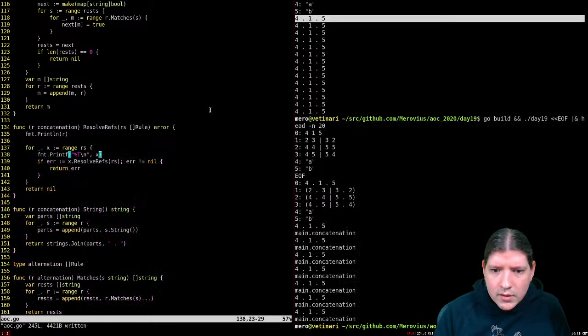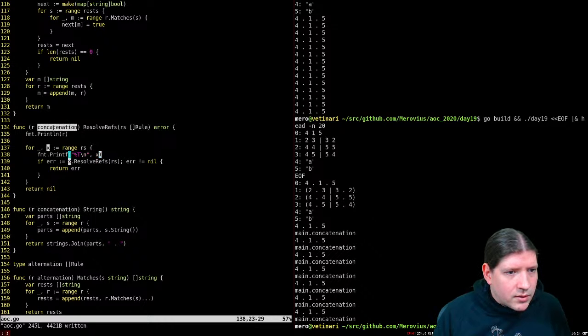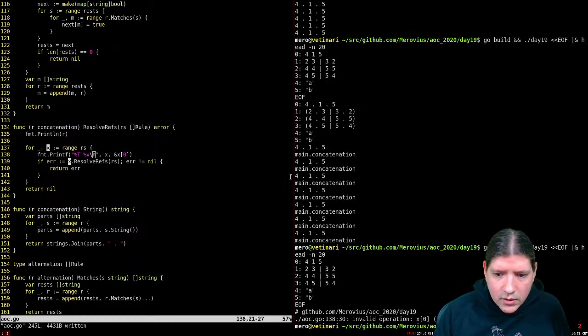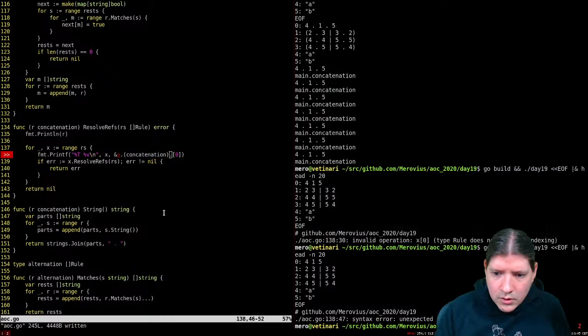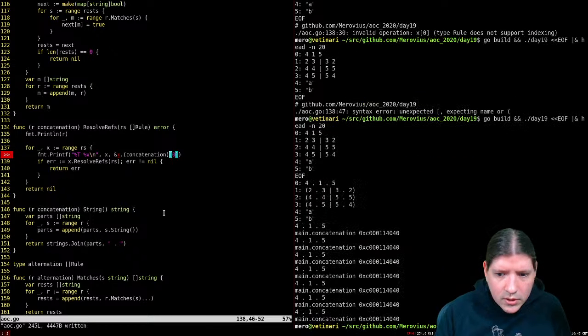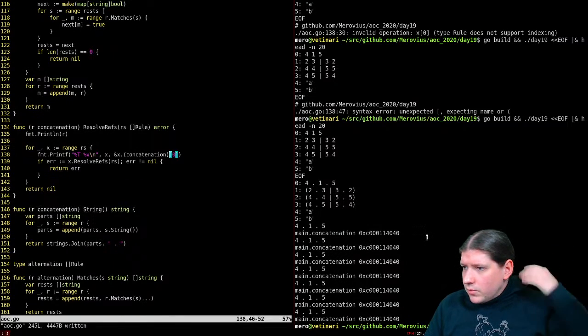Give me this. This is a concatenation. So R is a concatenation of concatenations. Give me a pointer to the first element. Rule does not support indexing. Yeah, this is not surprising. This shouldn't be a dot. Yeah, it does actually, like there is just a rule, a concatenation that